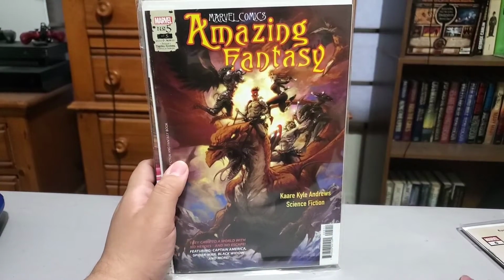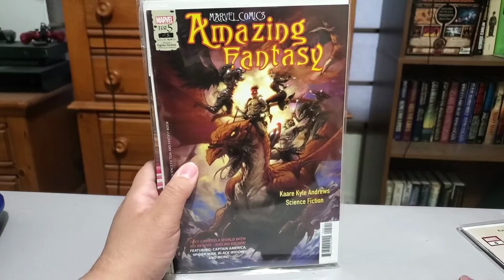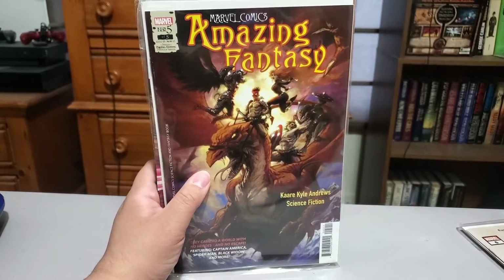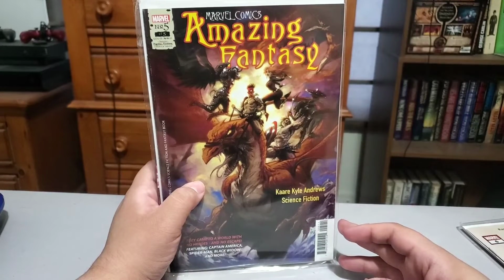Amazing Fantasy, issue 5 of 5. So that's the last issue on this one. This has been a fun little sleeper series too. It's only a little miniseries, but it's been kind of fun. It's just a crazy what-if kind of story,